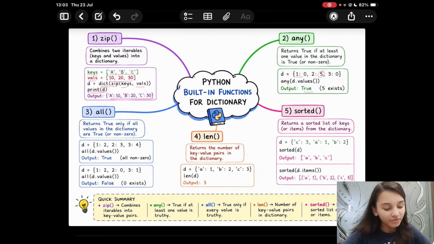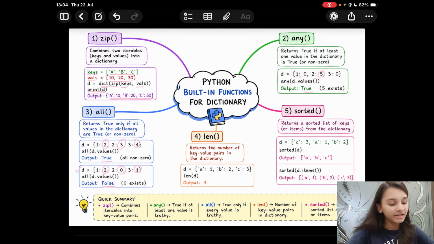So all of D dot values on printing will give us true because here all are non-zero. Similarly, let us take another example. Supposing this is the dictionary now and we have these values. So we have 1, 0. All the values in the dictionary are not true in this case. So we get false on using the all function.